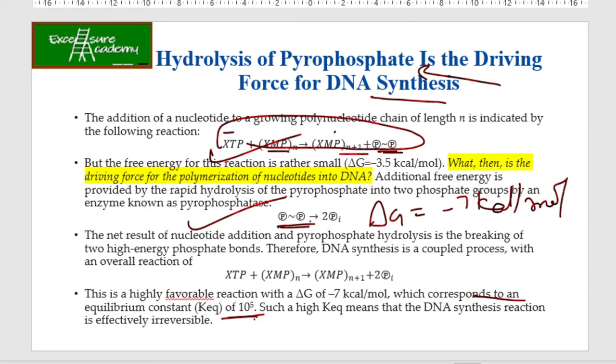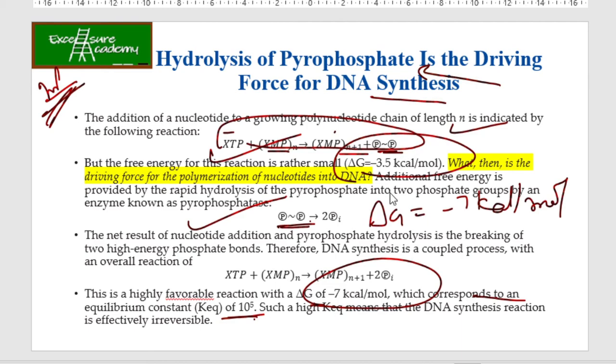Okay, so guys, this slide is very very very important. You need to understand why the DNA synthesis is irreversible, and these are not high values that you can't even remember. So guys, if suppose in an interview it is asked why DNA synthesis is irreversible, then you can say that the first reaction, that is addition of dNTP, is only minus 3.5 kilocalories, but together with the hydrolysis of pyrophosphate it becomes this much.